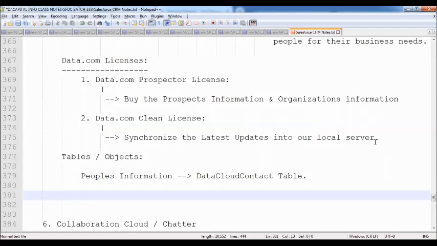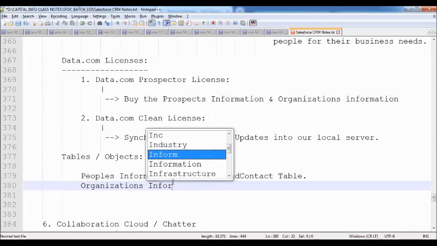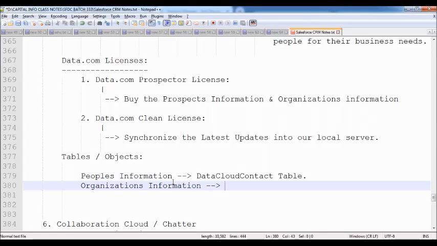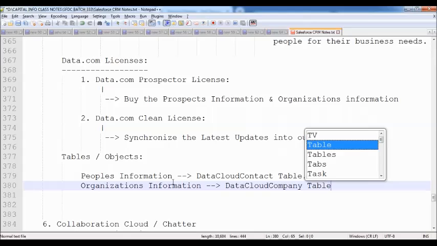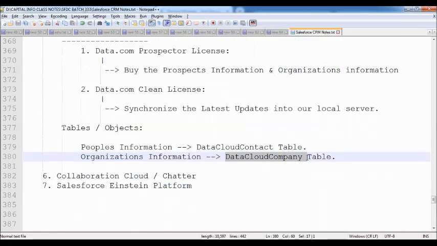Data cloud contact is an object in which all the people's information resides. All the organization's information is available inside an object called data cloud company. That means people's information is stored inside the data cloud contact table, and organization's information is available inside the data cloud company table. These are the two objects available in data.com. This is the information about data.com.